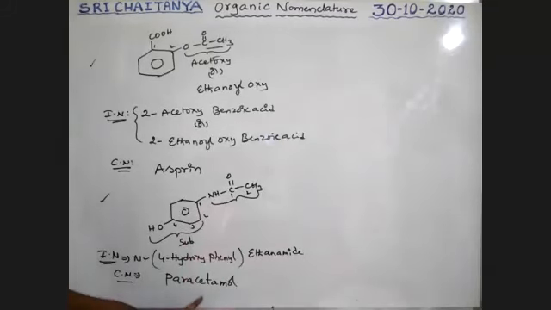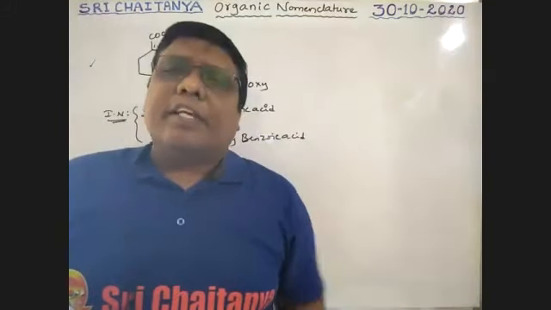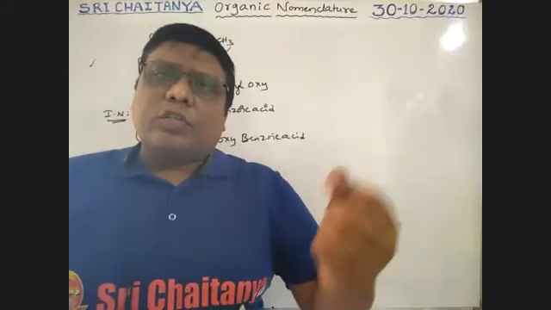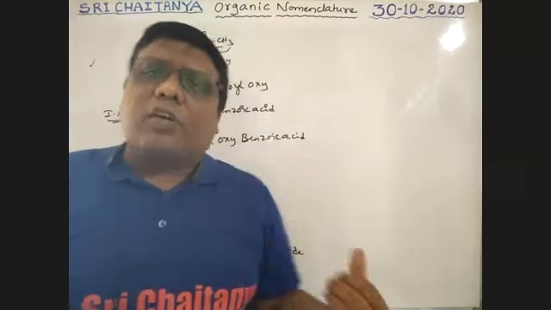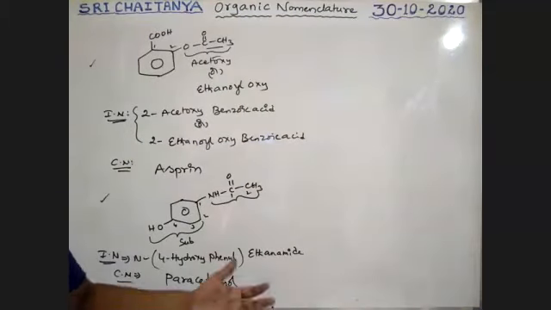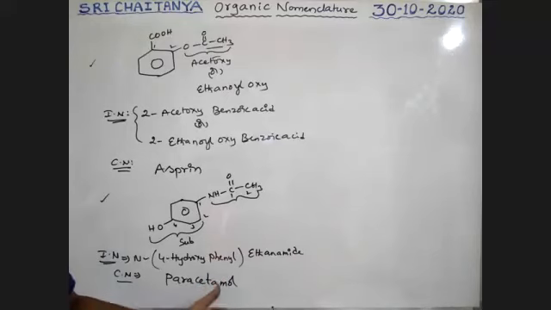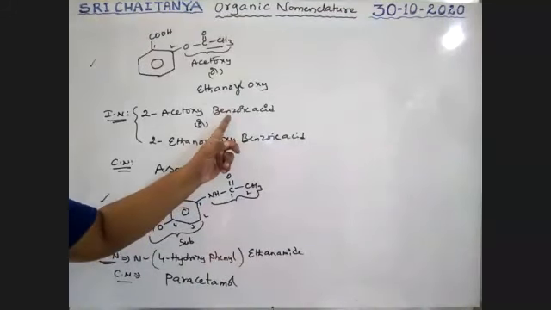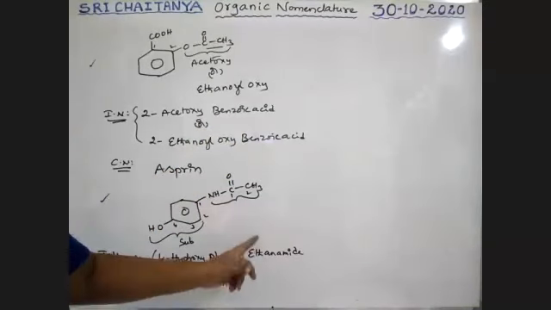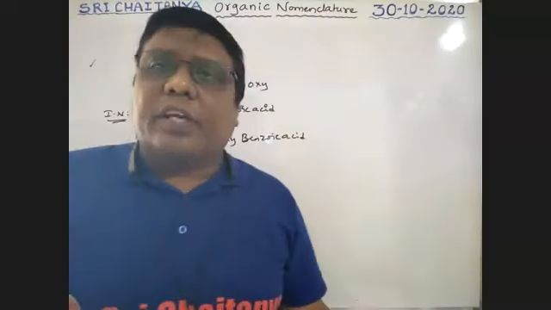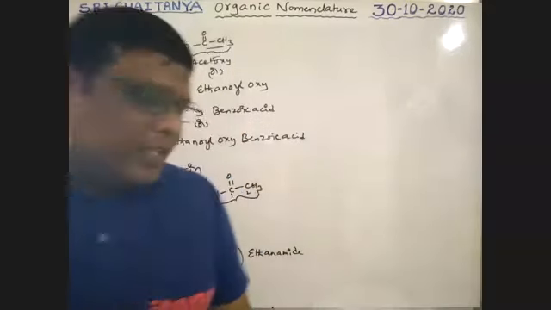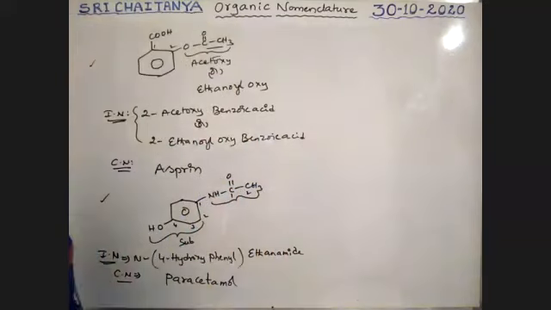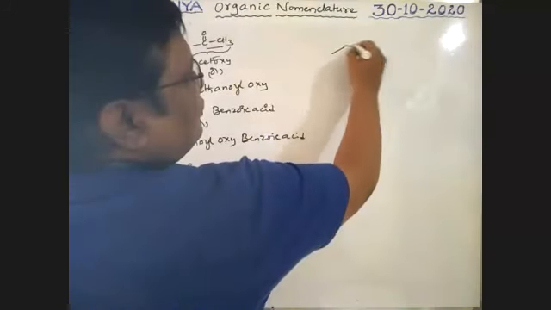This paracetamol tablet is frequently used for reducing the temperature of the body. Fever and slight body pains are controlled with this tablet, boys. Crocin and others all contain paracetamol. So paracetamol, aspirin. Aspirin is used at the time of a heart attack, and paracetamol is used to reduce body temperature. These are frequently used, boys. Okay, next, note down this.